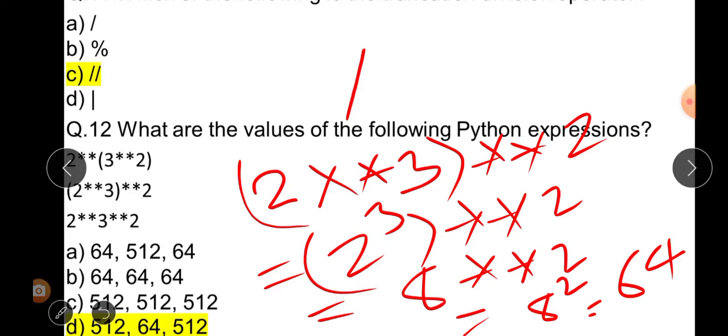Okay, let us check the third value. Now I think it is clear to all of you that the fourth option is the correct answer, because there is a doubt between C and D. D contains 512 and 64, and no other option contains these two values as the first two values. So D is the correct answer. But for our knowledge, we should solve the third expression of this question.